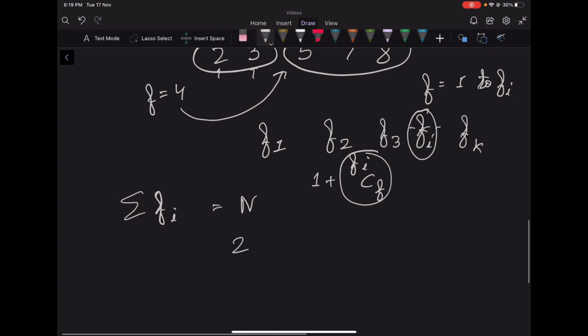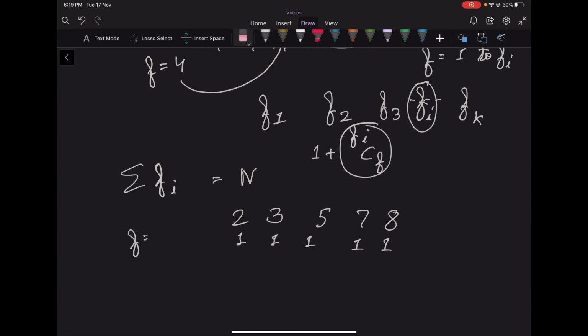So to make it more clear, considering this example 2, 3, 5, 7, 8, for f equal to 1, we'll consider this element, this element, this element, this element, this element. So all the elements will be considered for f equal to 1. For f equal to 2, again we'll consider all elements, so each will be considered twice now. For f equal to 3, we will actually not consider 2 because this is lesser. So the next element which is greater than or equal to 3 is 3. So I'll only consider the elements 3, 5, 7, and 8, and so each of these will be considered thrice.